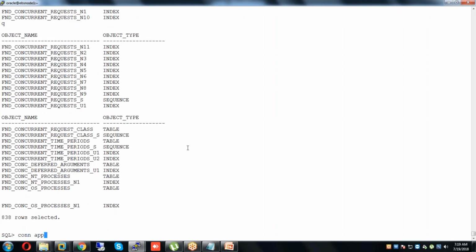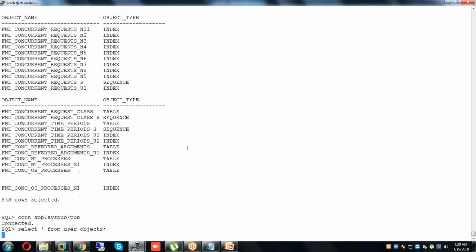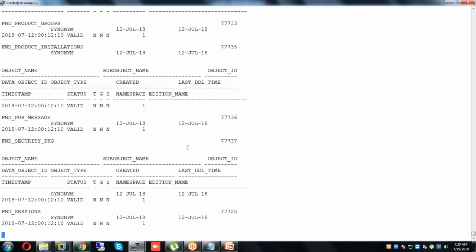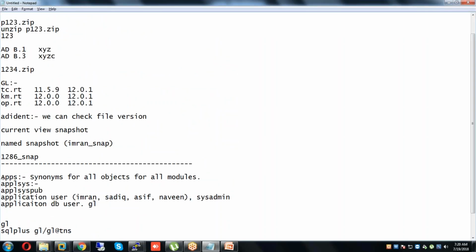So connect appleSys pub. Password is pub. Select star from user_tables. So it will have some other tables like messaging tables, session tables. Okay. Now apart from that, I told you we have apps, we have appleSys, we have appleSys pub, we have application